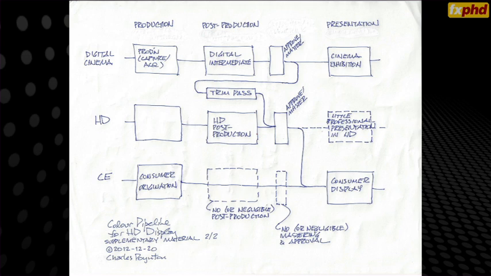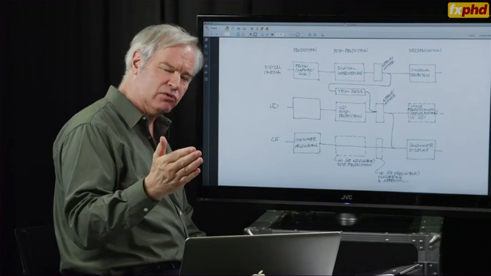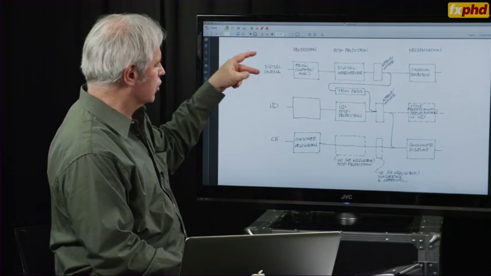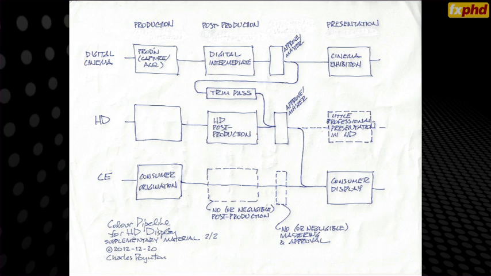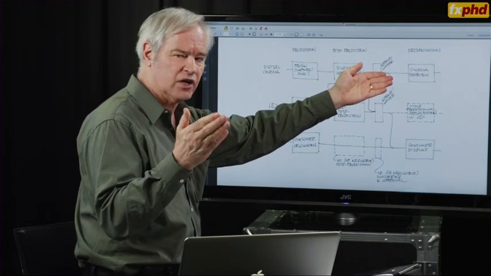Now, to bring us back into the big high-level context diagram, I just want to remind you of something that I kind of glossed over. I think it was in class 1, which is basically that digital cinema standards, as far as encoding and decoding and presentation are concerned, are based on a document called DCI, loosely called DCI-P3.